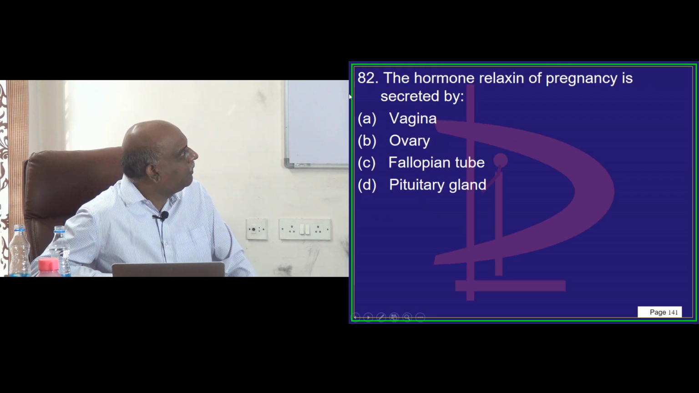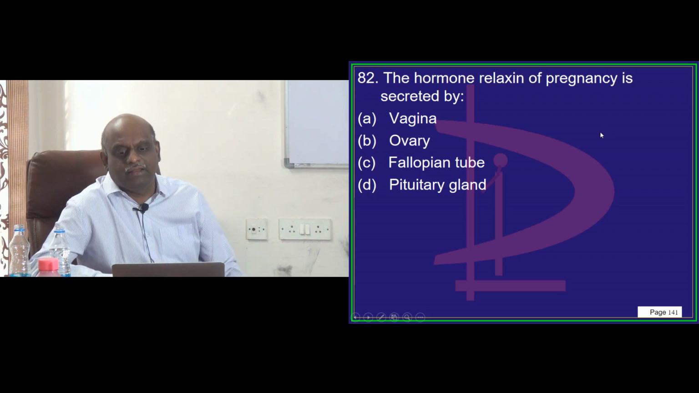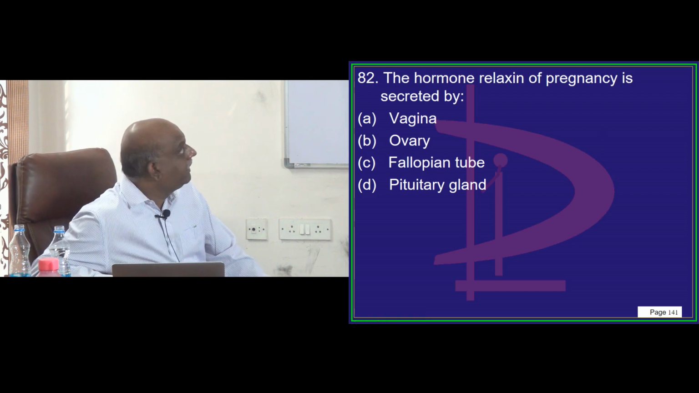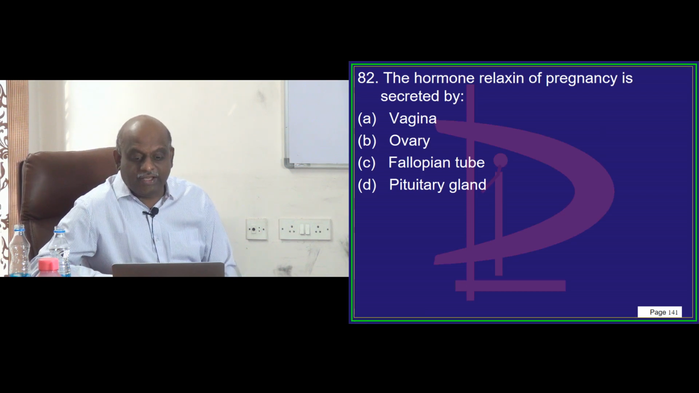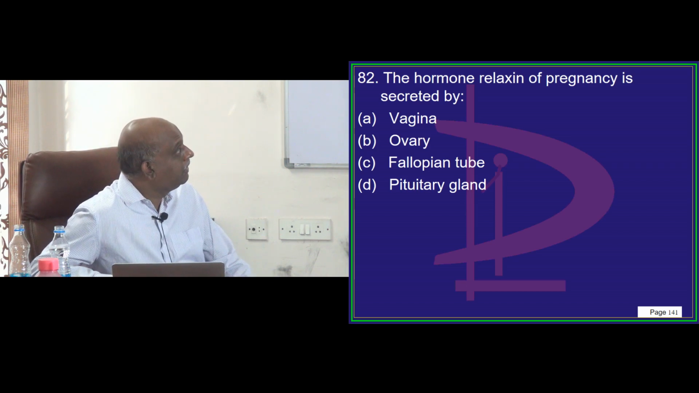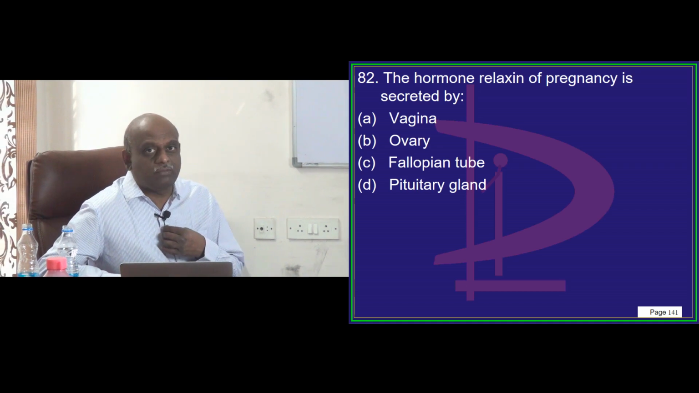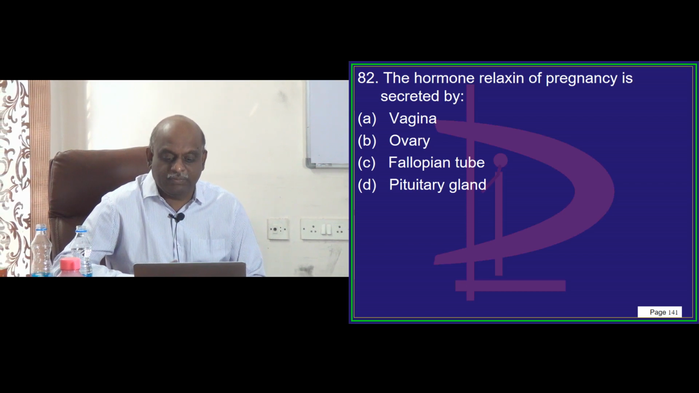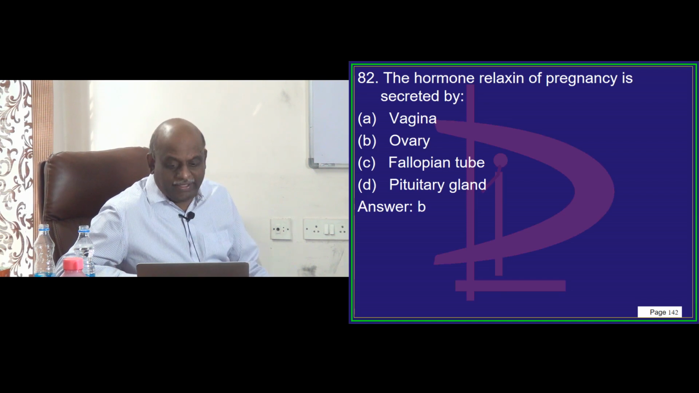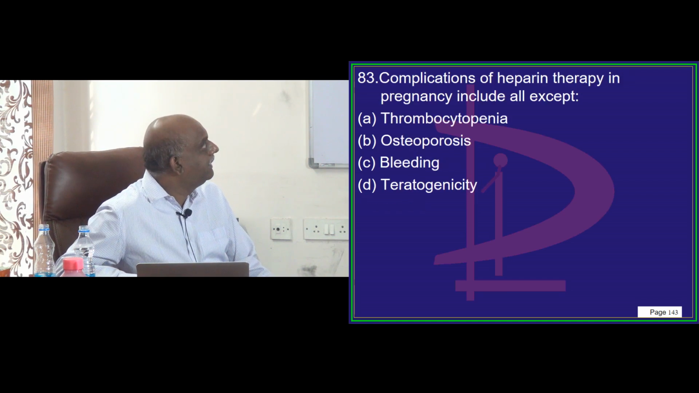So, the hormone relaxin in pregnancy is secreted by what? From where is this hormone relaxin produced in pregnancy? Ritu Raj is proposing ovary, absolutely right. Now,